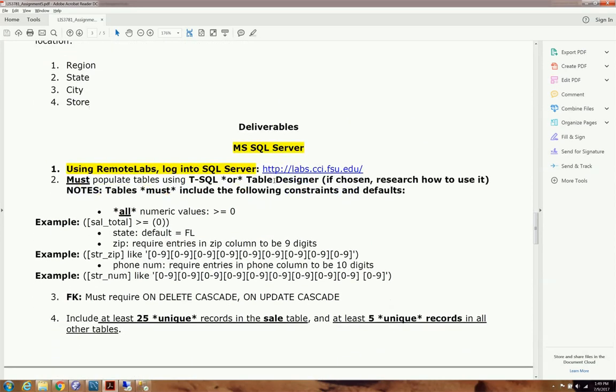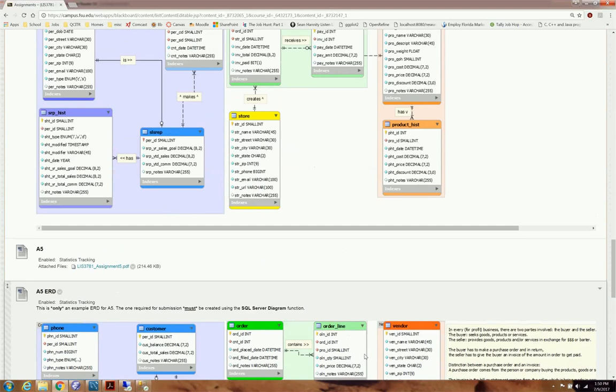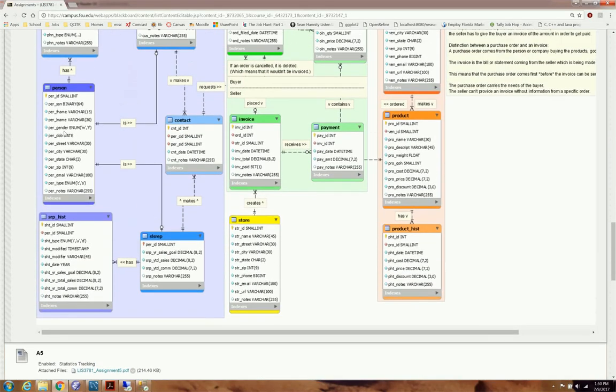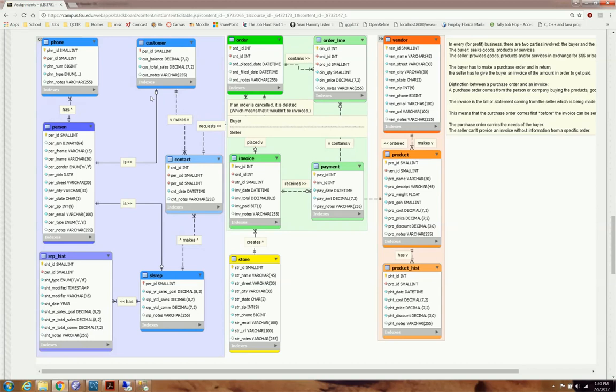Here are the requirements, essentially similar to assignment number 4. However, you're going to have 25 unique records in the sale table rather than before, and then at least 5 unique records in all other tables. So 25 records in the sale table, and of course, don't forget, as per assignment number 4, we need 15 records in the person table. So 15 records in the person table. Either break that out into 5 and 10. Customer can have 5, sales rep can have 10,